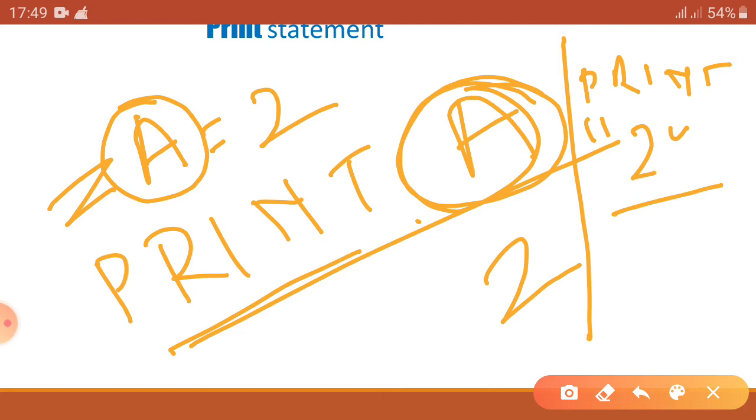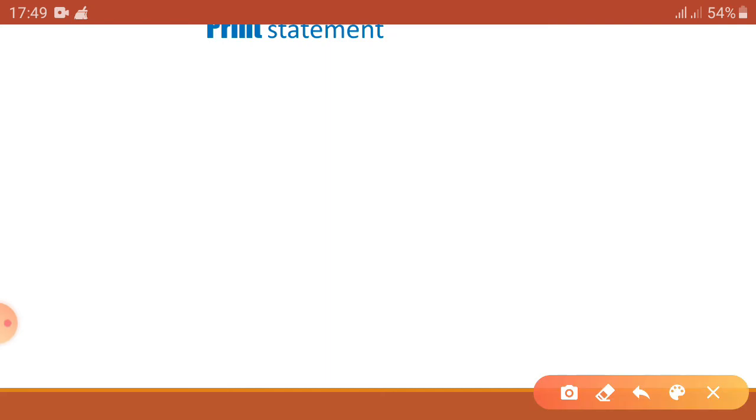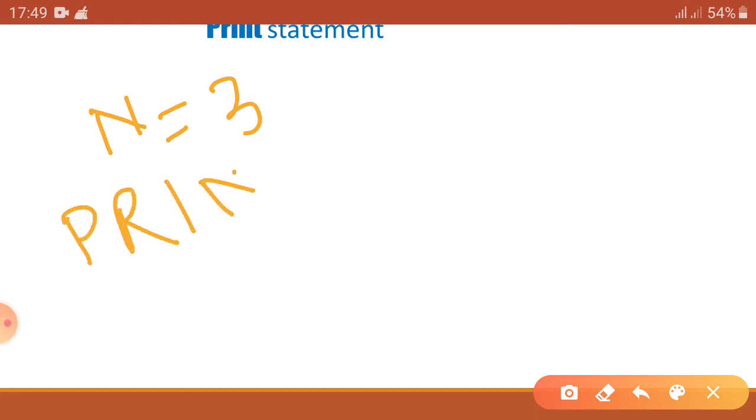Very good. Now I am taking another example. Suppose I write n equal to 3, that means n is a variable here, and we are keeping the value 3 inside this variable, and now we are trying to print the value of n. If I write print n, then on the output screen it will show us the value 3.